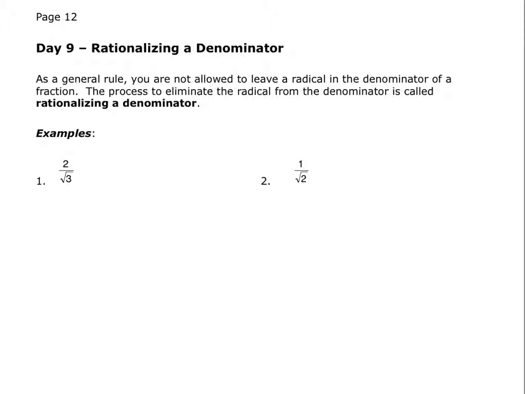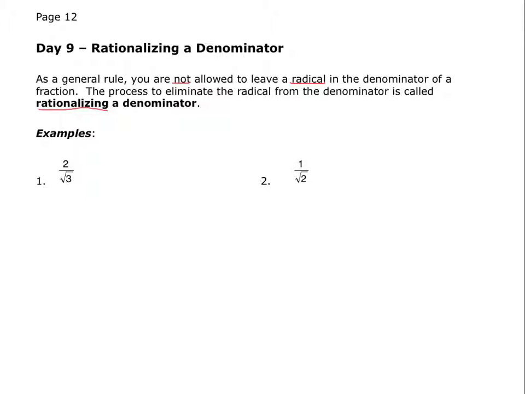This lesson is going to be on rationalizing a denominator. As a general rule in mathematics, we are not allowed to leave a radical in the denominator of any fraction. So the process of eliminating this radical is called rationalizing. It's a simple process, but let's take a look at a background problem to understand what we're going to be